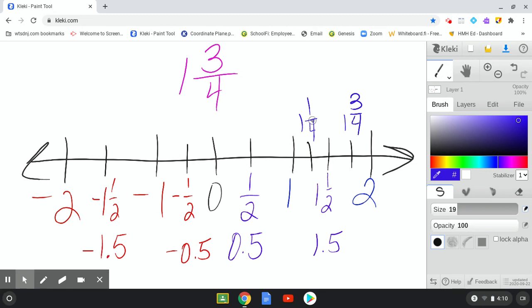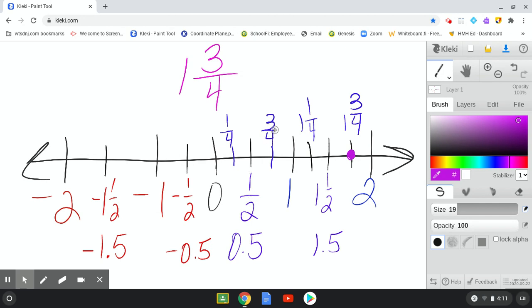So 1/4, a half, right? So 1 1/4, 1 1/2, 1 3/4. If we were to have added these tick marks, this would be 1/4 and this would be 3/4. So positive 1 3/4 would be this tick mark here. So a lot of times you'll see a number line. If I have between 0 and 1 and I only have a couple of tick marks, typically they're going by quarters, okay? So 1/4,